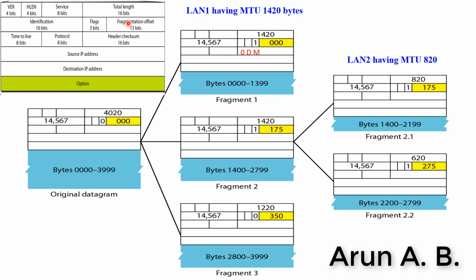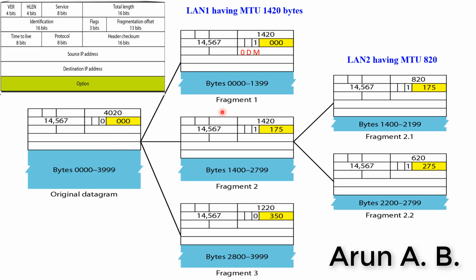Now let us look into what this flag field indicates. In the flag field we have 3 bits: the first bit is 0, not used, then D and M. D stands for don't fragment, M stands for more fragment, right? Here we are only discussing more fragment. In this case, M is equal to 0. Why is M equal to 0? Because this is the last packet, the only one packet received.